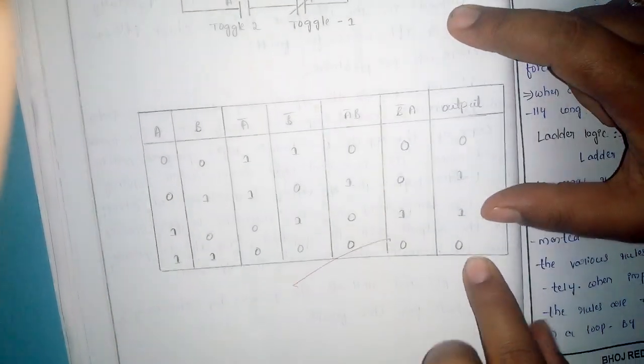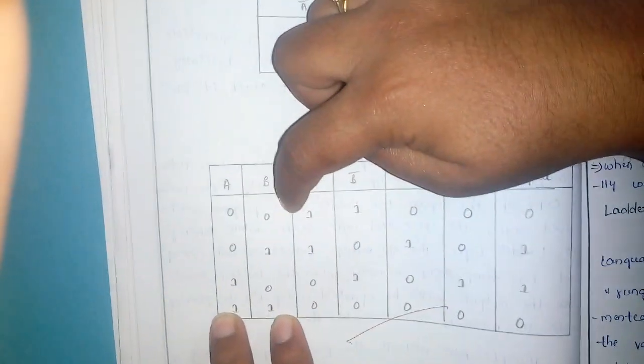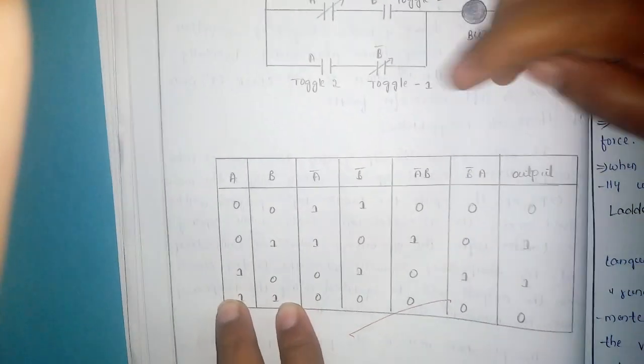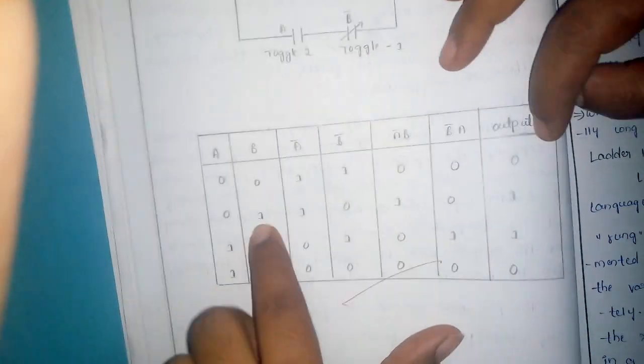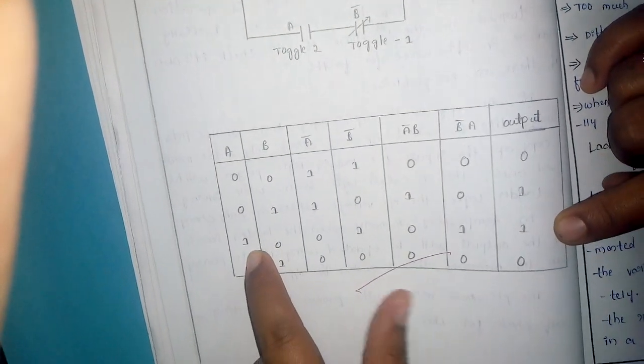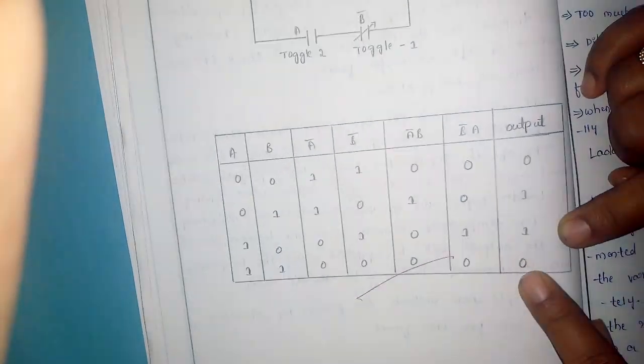That means if you see the inputs, when both the switches are off, output is 0. When B is on, we are going to get the buzzer sound. Similarly, when A is on, we are going to get the buzzer sound. And similarly, when both inputs are on, we are not going to get any buzzer sound. So this we are going to see in the